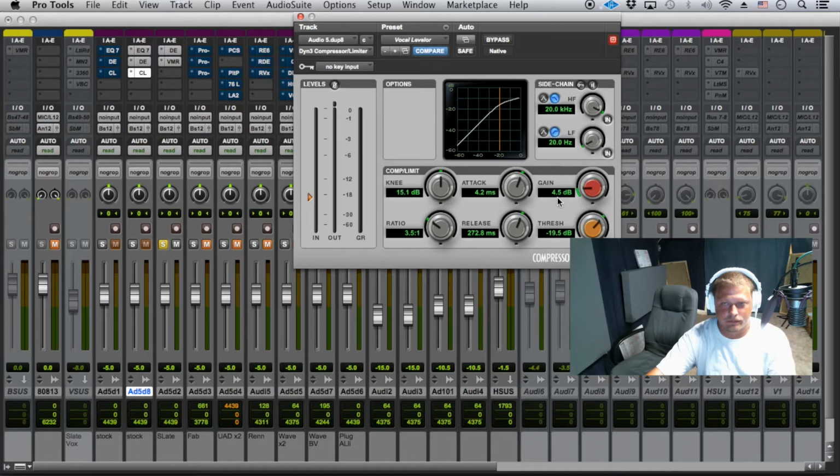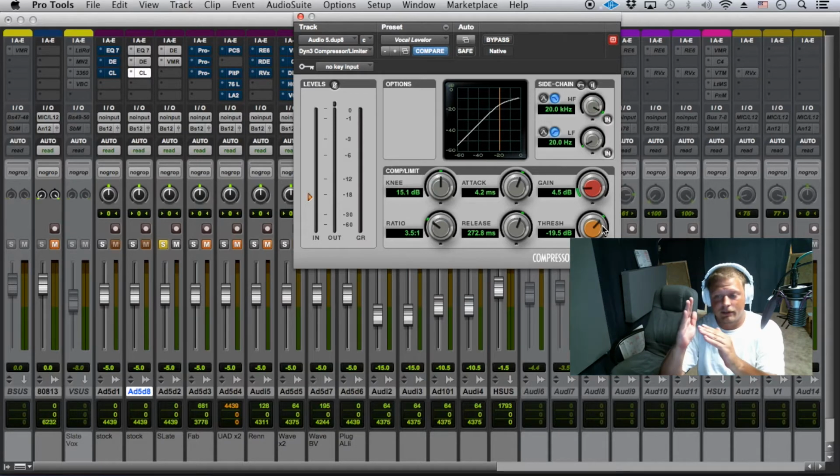So when I was in school, the teacher explained it as a little green alien arm reaching out and touching the vocals as they come in, and moving the threshold was moving his arm up and down. I wish he would have just showed me this so I didn't spend the first semester confused what a compressor was. So the little moving dot is going to be my audio coming in. As I bring the threshold in, this line is where it starts to